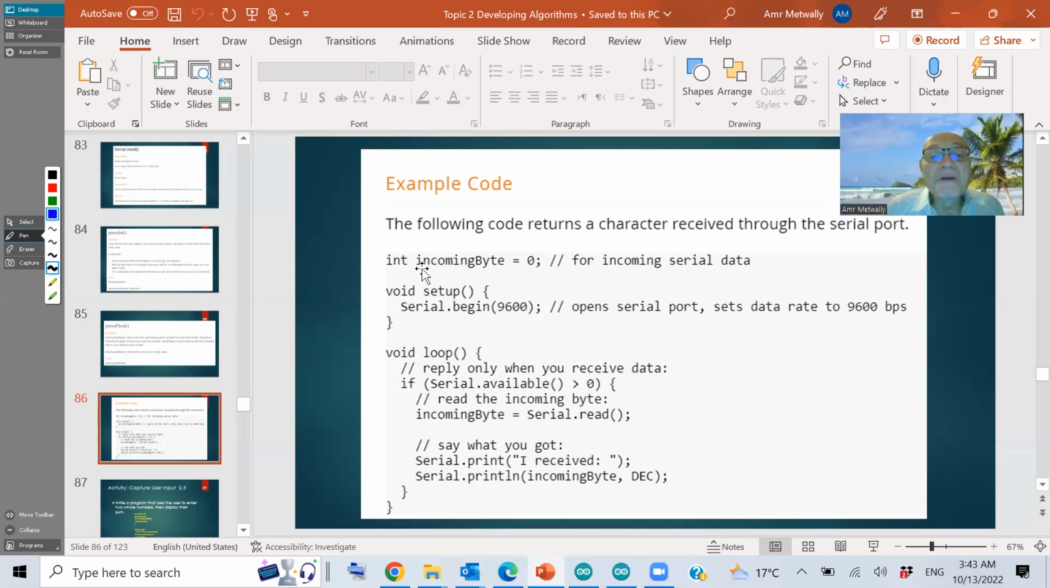This is an example. In this example, I have here incomingByte, which is initially 0. And in the setup, I started the communication at 9600. I didn't put "if not available, keep on looping." You can put it here, of course. Void loop. If Serial.available,